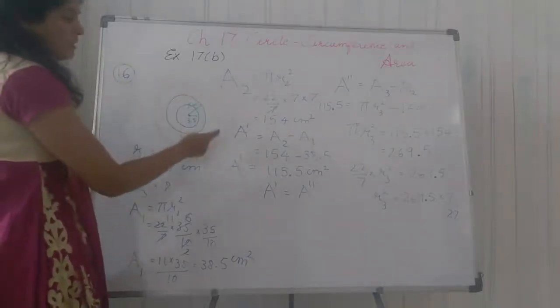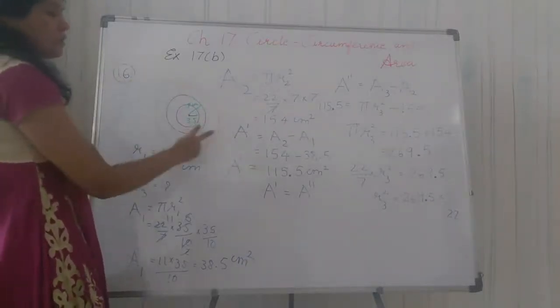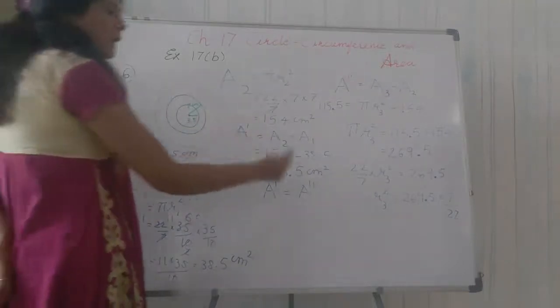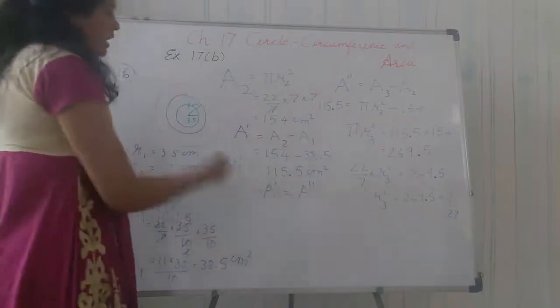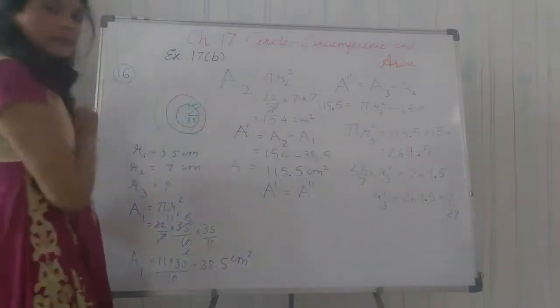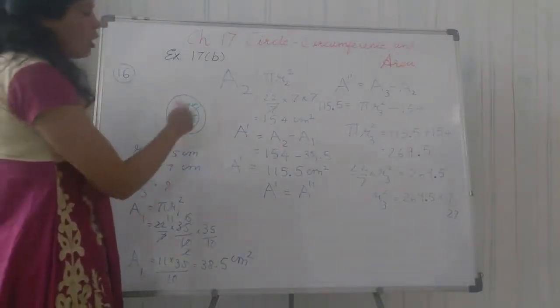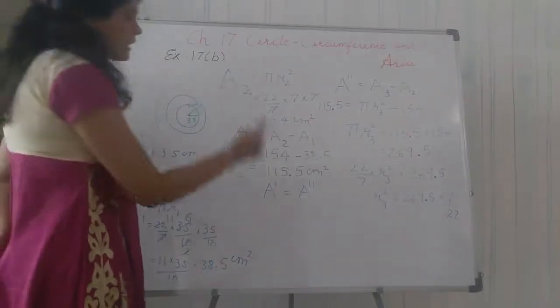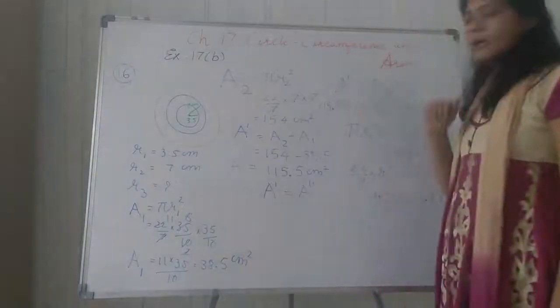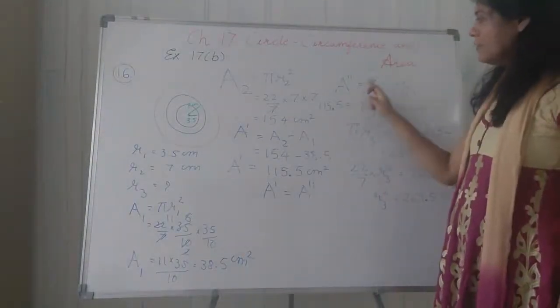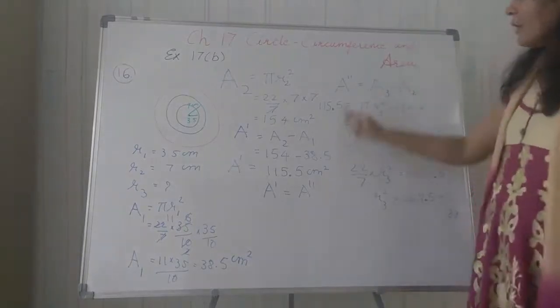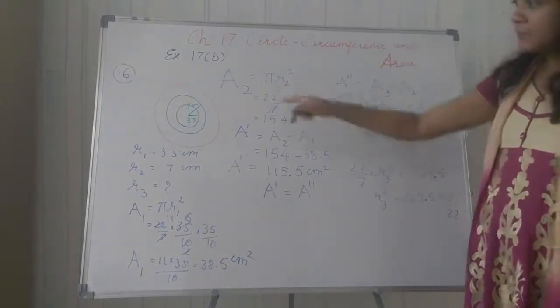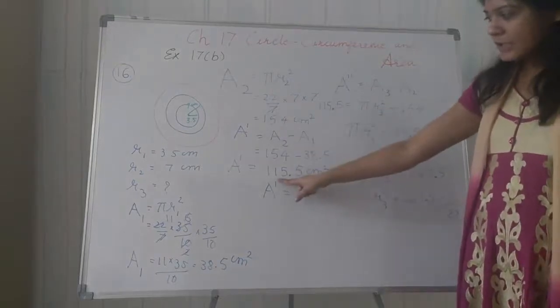Okay, means the area of the part between the third circle and second circle I have written as A double dash. And this thing you are given in the question, that the area between the first and second circle and the area between the second and third circle will remain the same. So here now I am taking A double dash. So A double dash will be A3, area 3 minus area 2. The area of this in-middle part we have already found, that is A dash.